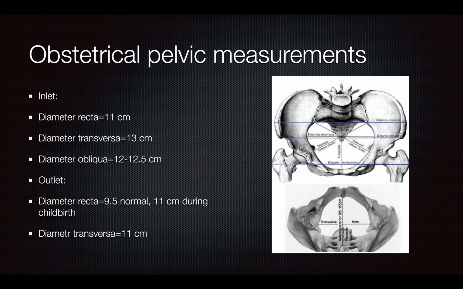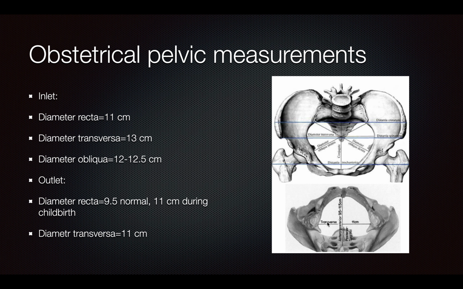Okay, these pelvic measurements are very important, so you do need to know these numbers. So the diameter recta is going to be from here to here. It's generally 11 centimeters, give or take a couple, but the average is 11 centimeters. And then the diameter transversa is going to be 13 centimeters. And the diameter obliqua is going to be 12 to 12.5 centimeters. And then the outlet,